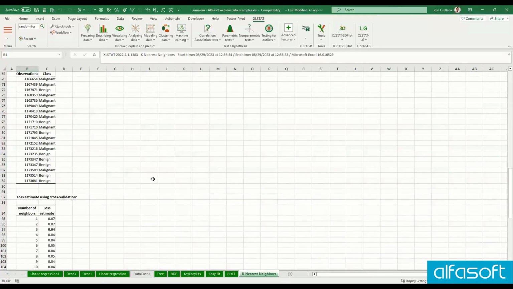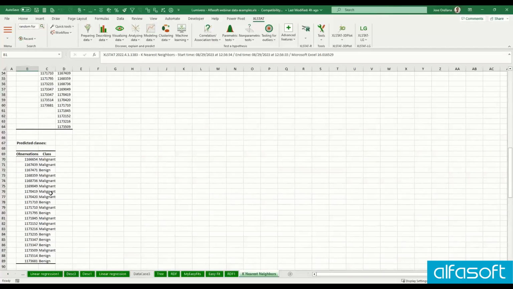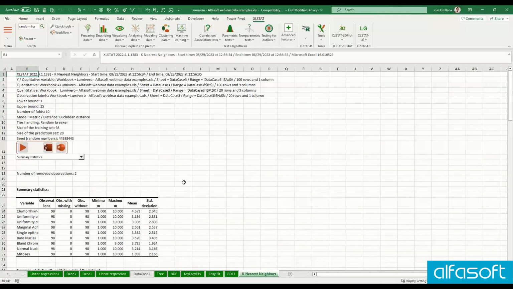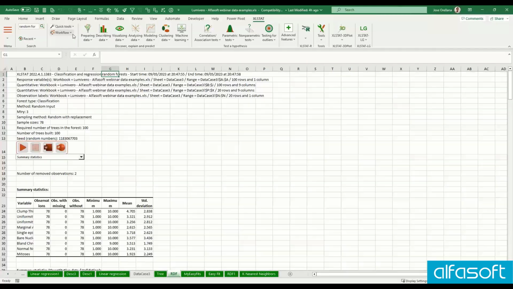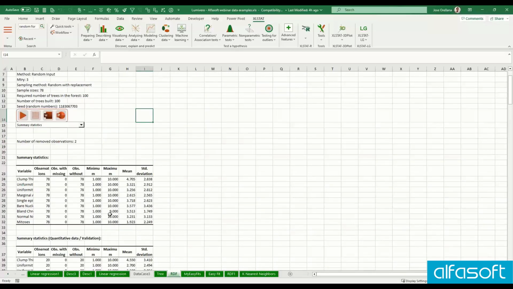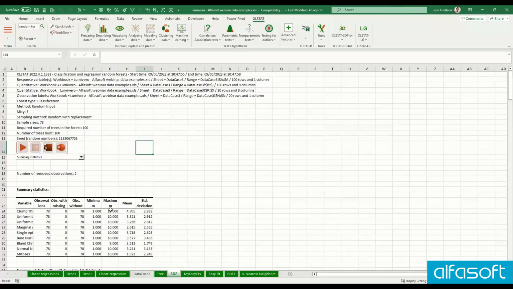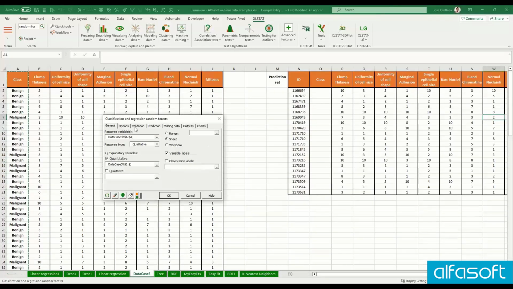Because here we have k nearest neighbors, and again, it will give you a different outcome. As usual, you can always export to Word, to PowerPoint. Let me just jump to the top. If I see a report and I want to run it again, but I can't remember how I ran it or what the parameters were, I can always click this button here, and it will give me the input box on how it was run. So I can always go back and